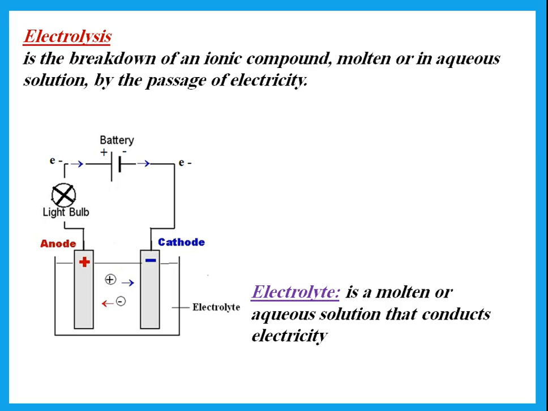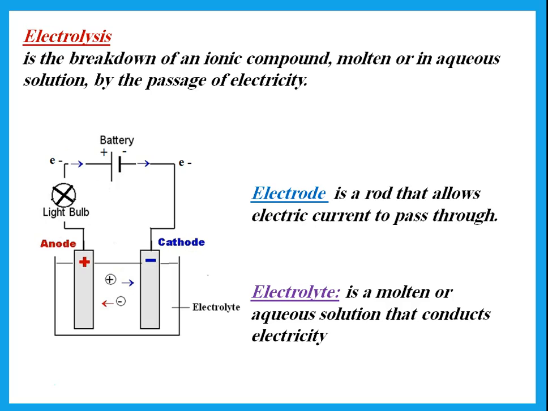So that's the electrolyte. Now, in this liquid, we're going to put two rods, and these rods are called electrodes. So the electrode is a rod that can conduct electricity, so it has to be made of something that conducts electricity. Now, what are the substances that we know that conduct electricity? Either metals conduct electricity or graphite. In most cases, we're going to be using graphite because graphite is cheaper. It is a form of carbon. So the element is carbon, but the substance is graphite. If we need to use a metal, then we usually use platinum, but platinum is much more expensive,